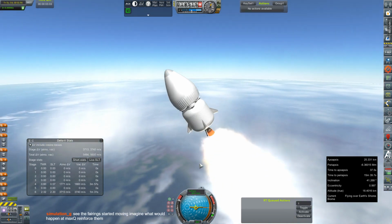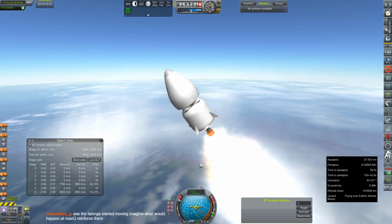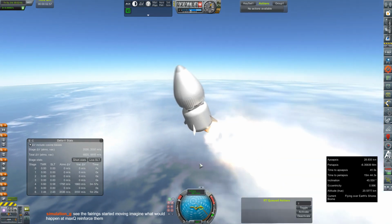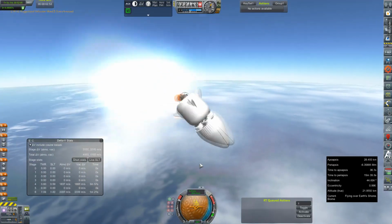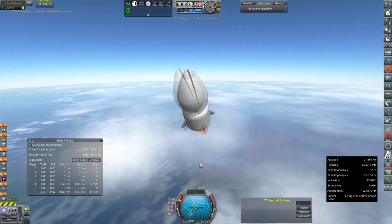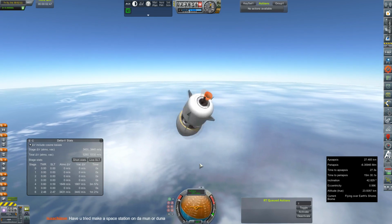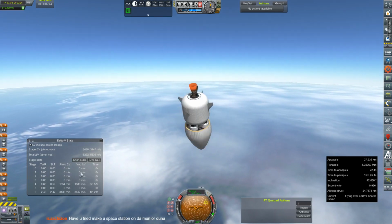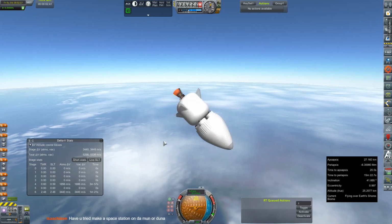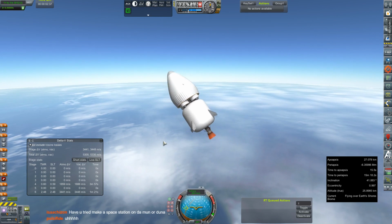Oh, are they shifting? Actually, yeah, let's, oh, we don't have very good roll authority because we've only got fins, but... Yeah. Well, that was super interesting. Yeah, you're right. Those fairings are wobbling around quite a bit. I was trying to stress test them a little, so...